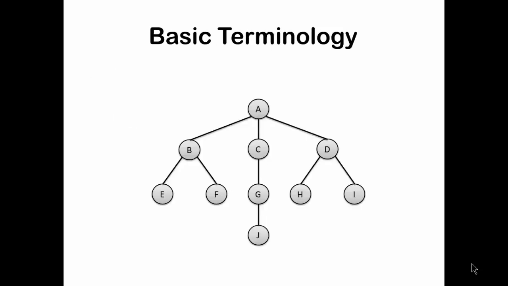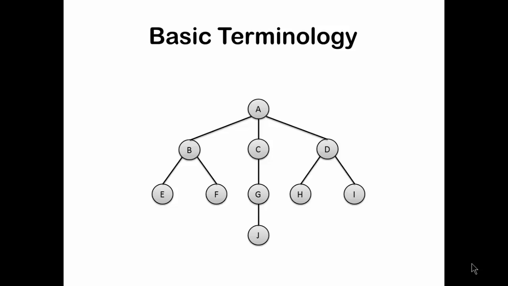So let's begin with what is a tree. First of all, let me answer that. A tree is a data structure which is similar to a linked list, but instead of each node pointing simply to the next node in a linear fashion, in the case of a tree, each node points to a number of nodes. So tree is an example of a non-linear data structure.